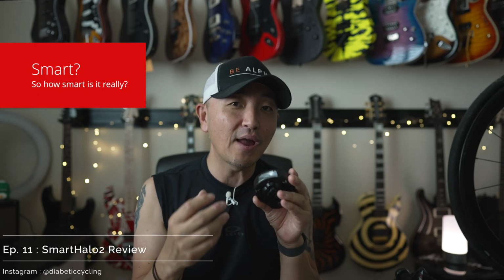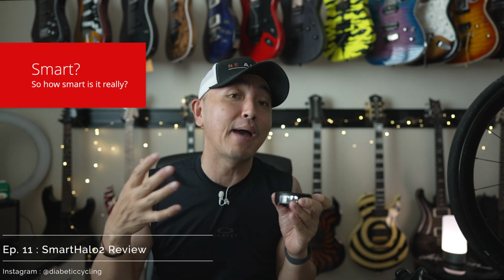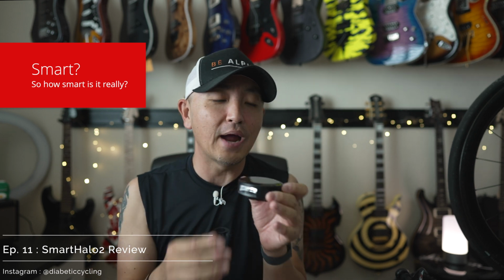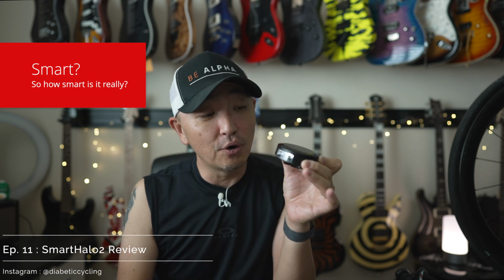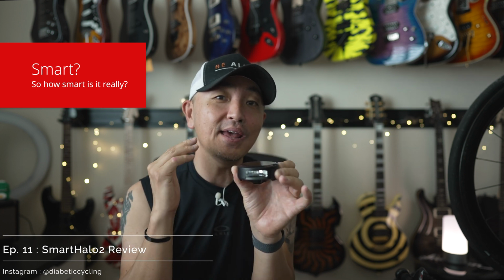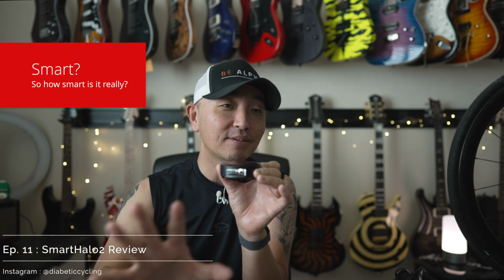But it is nice to have in your head unit instead of having to pack a separate dedicated light, so that is nice. However, I find this to be a problem where, depending on how you have it mounted to your handlebar cockpit, the beam that it throws may not be thrown at the proper angle. Like for instance,